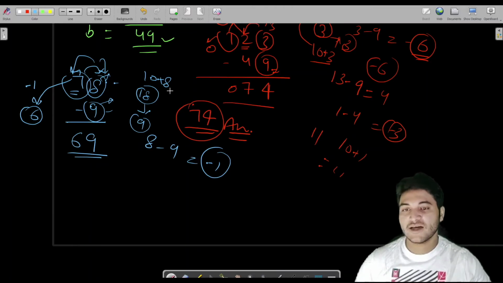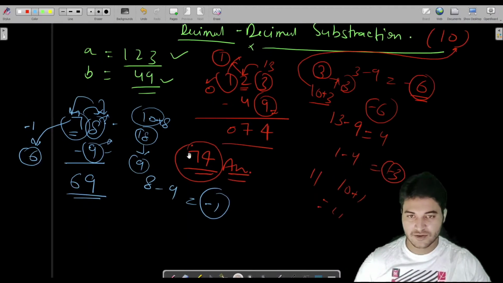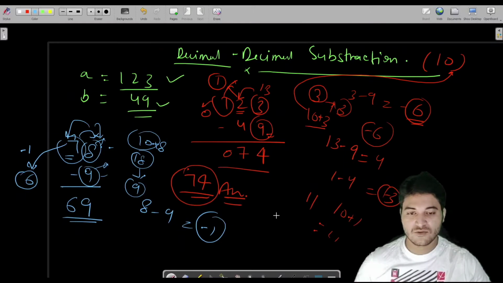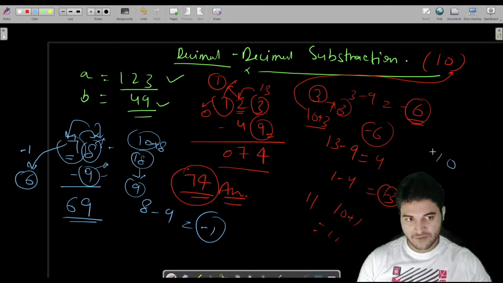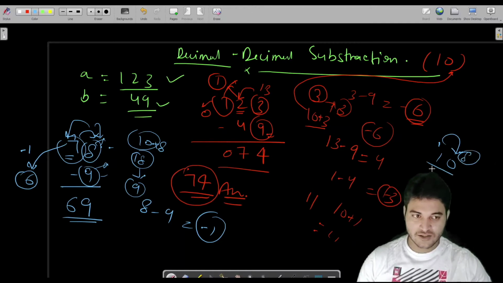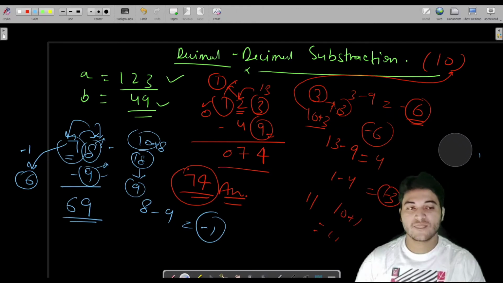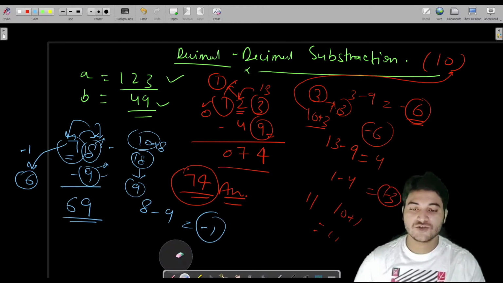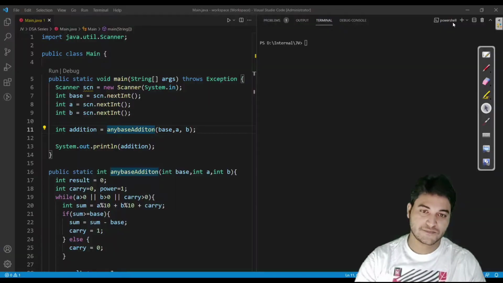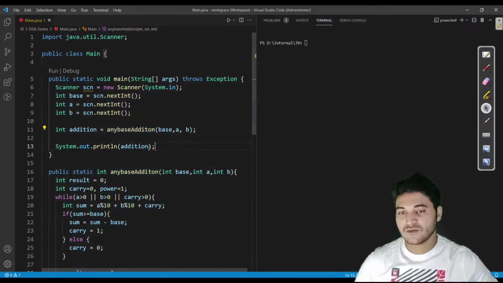Fine. So this is the logic for subtracting. And why are we adding 10 here? We are taking one borrow from here. So why are we adding 10 here? Because we are working with decimal numbers. Let us say in the next video, if we have to subtract two octal numbers, then we would take one borrow from here. Then in this digit we would add 8 only, because in the octal system, as I already explained to you, this digit is 8 times greater than this digit. So this is the logic. That's why I have invested most of my time in my first video of number system. You should watch the first video of the number system. Fine. So let's directly come to the code.